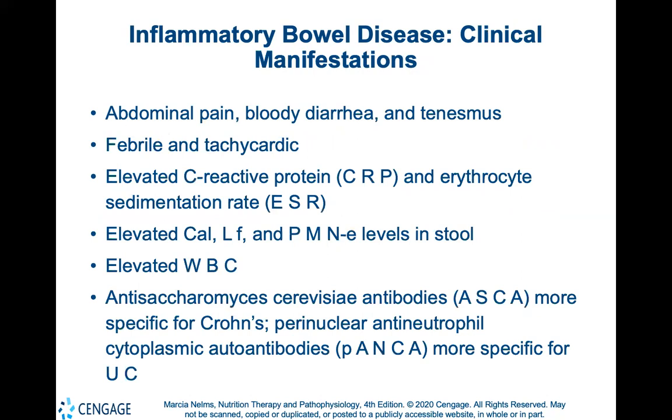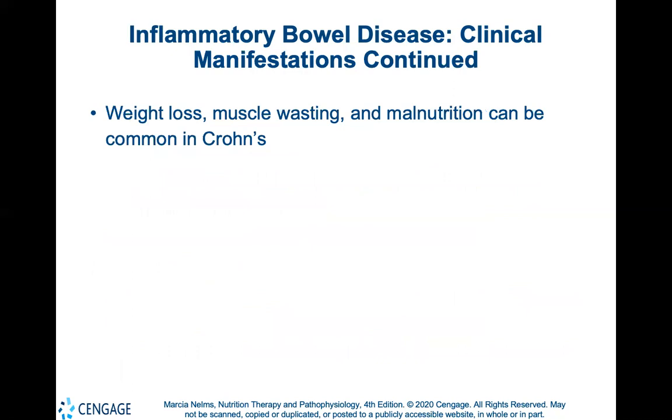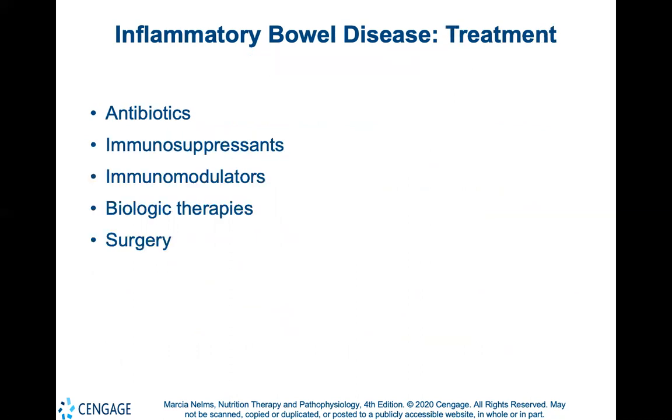So some clinical manifestations can be abdominal pain, bloody stool, febrile tachycardia, elevated C-reactive protein, erythrocyte sedimentation rates, elevated white blood cells. So some other things could be weight loss, muscle wasting, malnutrition. This is all common with Crohn's disease and important when you're taking the patient information for your notes. So some treatments can be antibiotics, immunosuppressants, surgery, biological therapies,